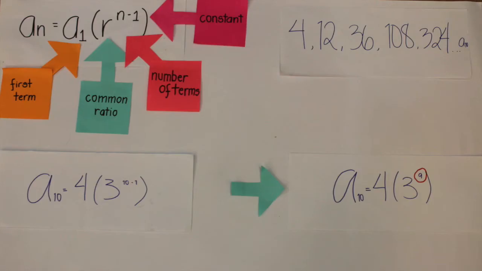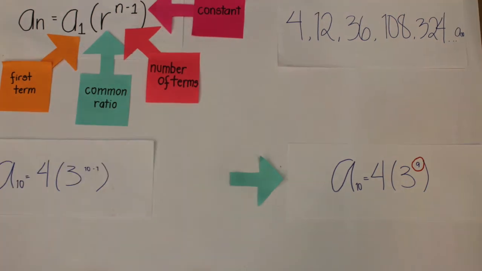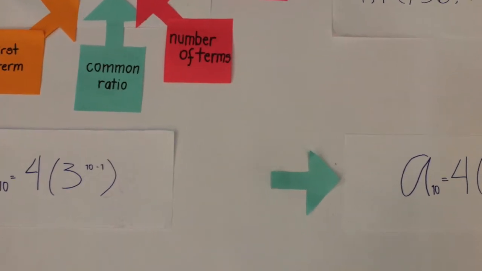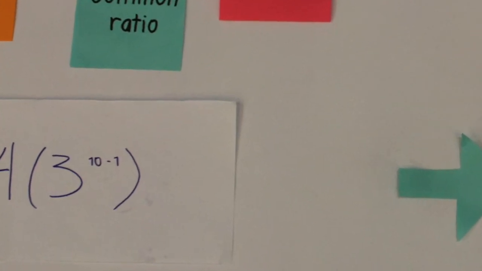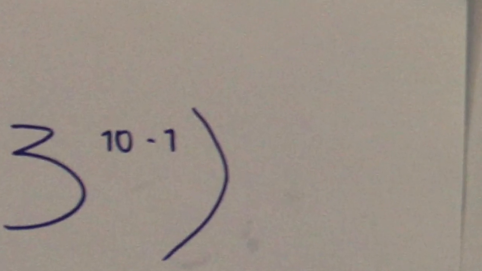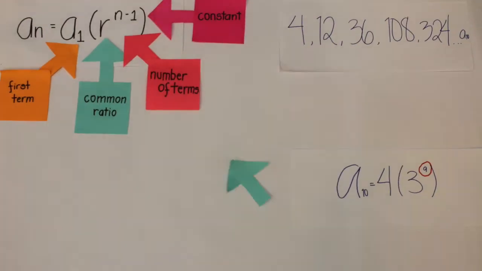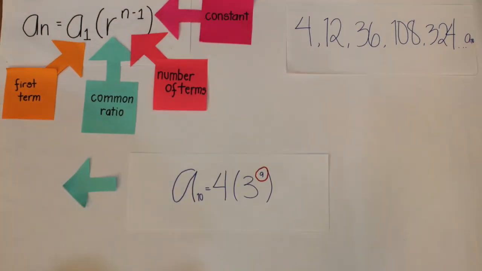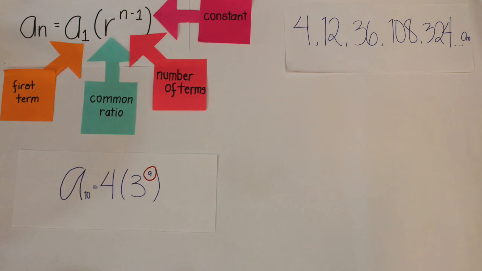Fourth step, now you have to look for the n. Your n is the number of terms you are looking for, which is 10. Fifth step, since your n is 10, you have to subtract 1 from it. Your equation will now be a sub 10 equals 4 times 3 raised to 9. Then, you multiply 3 raised to the 9th power, and the answer will be